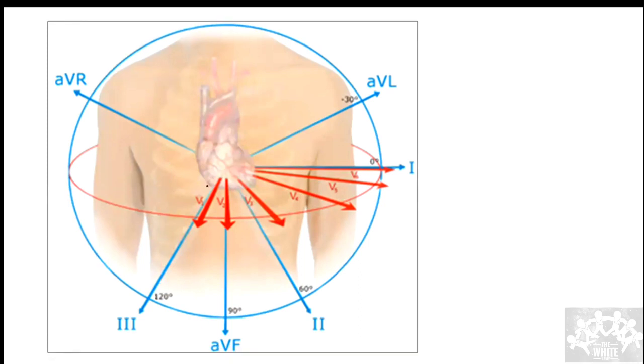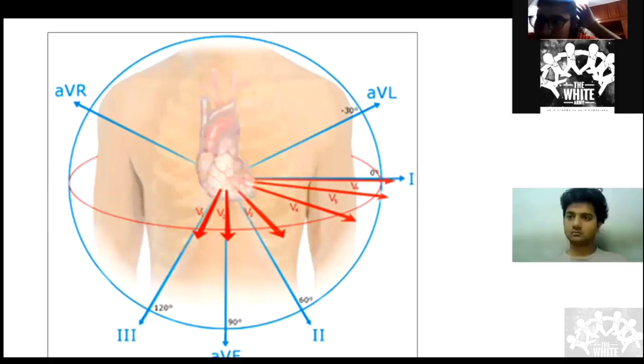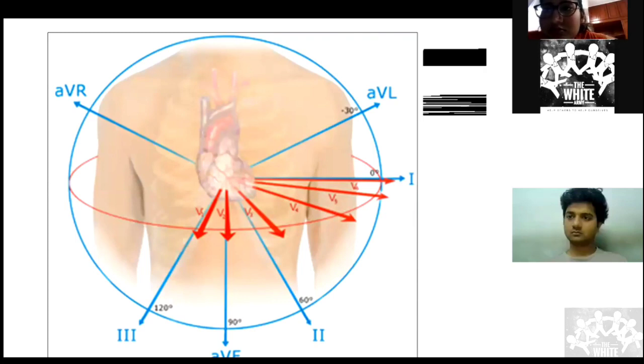So how do we place these leads? This is the nomenclature. You can think of each of it as an electrical camera. It has the ability to picture the electrical activity. It can't picture other things, it can only capture the electrical activity. So that is about these leads. You have understood it. Good. Fine.